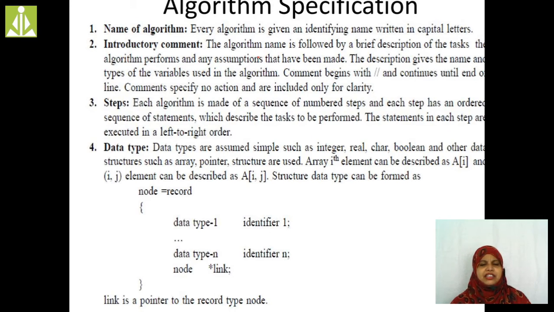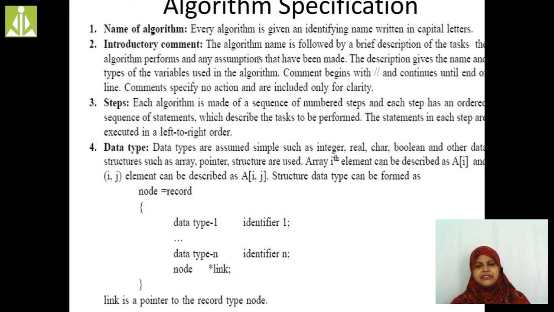For example, I am going to write a program for the factorial of a given number. After writing the complete program, I have to save that program as fact.c or fact.cpp. Without saving the program, is it possible to execute it? We can execute the program, but while retrieving the information, it is very difficult to retrieve it. In the same way, while writing any algorithm, we must give a name to that specific algorithm.